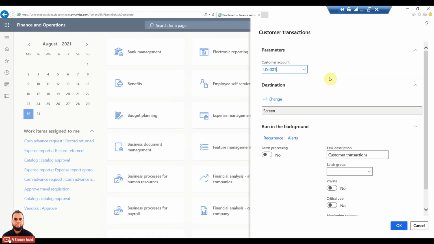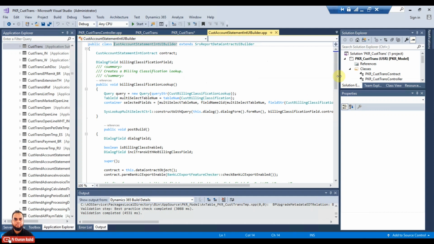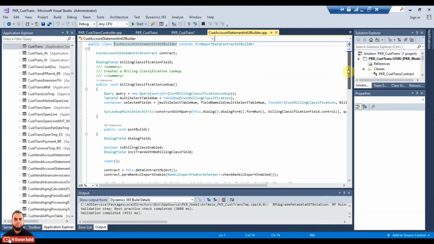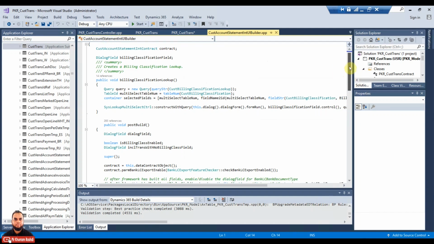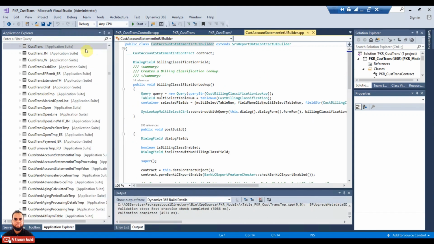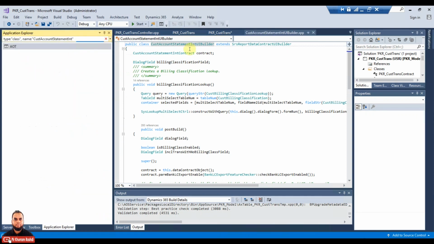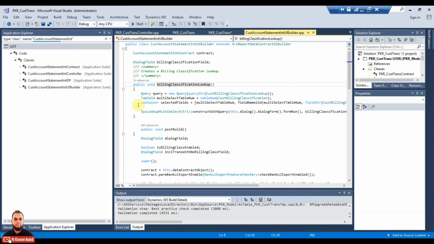Also you can have multiple values or enum values, and based upon that you can call your report. So we'll see how to do that. This is the customer statement internal. This UI builder is used there, and let me again go to filter those classes, and the rest of the things are like this: the link classification lookup is created using UI builder,